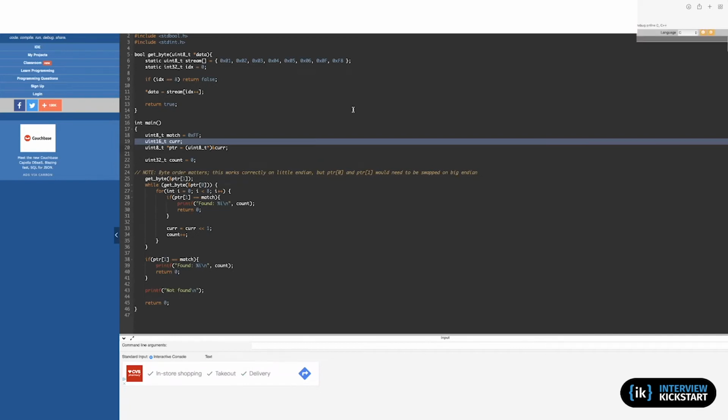We potentially still need to check 8 bits or 1 byte at a time, because if we try and check 2 at a time, all that tells us, most likely, is that it doesn't match at all, even though one of the 2 bytes may have matched within it. Right, then you have to go and check each byte individually. So that may not actually save us much by doing that multiple times.